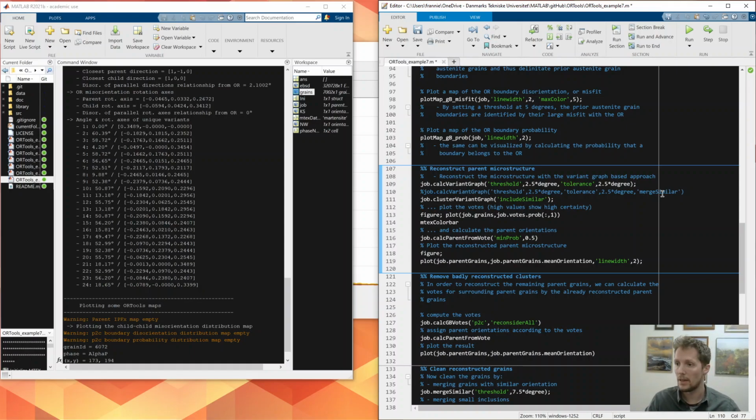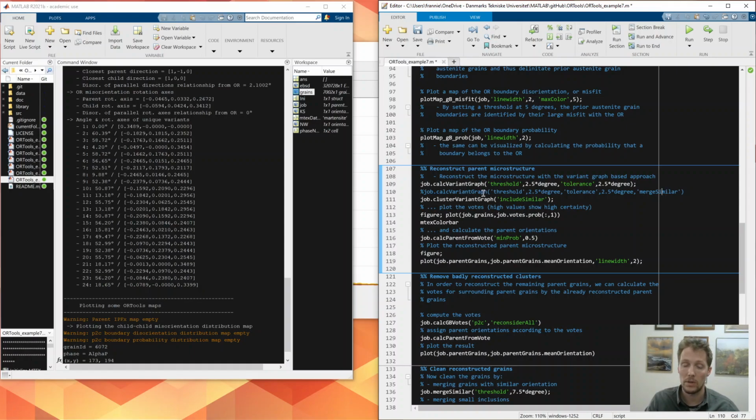Oh, we lose information. But in the case of martensite in steels, we have 24 variants in total, and 2 of those variants are always very close to each other. So reducing the number of variants to 12 does not have a big consequence on finding the prior austenite grains and reconstructing them, but it can save us some computational time,